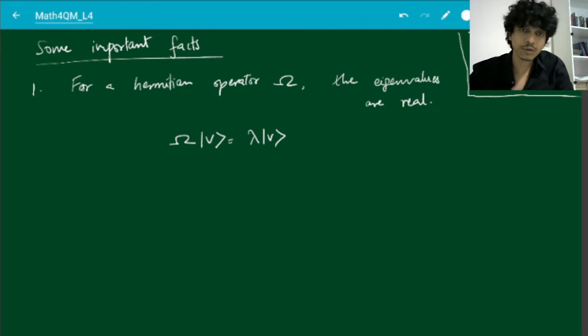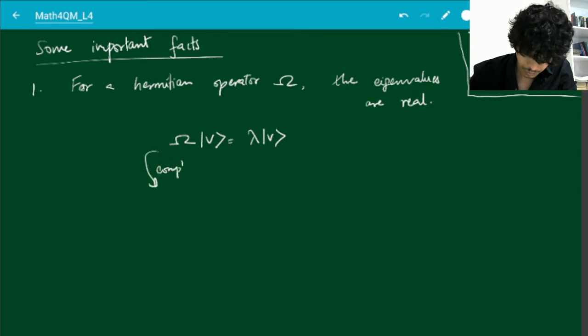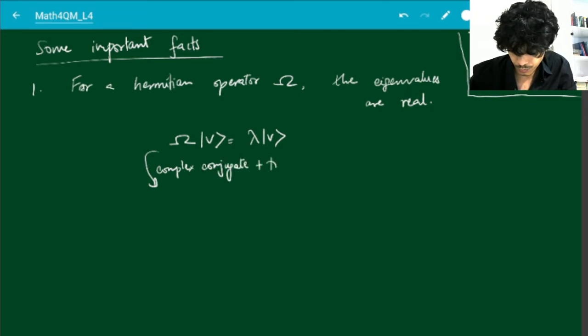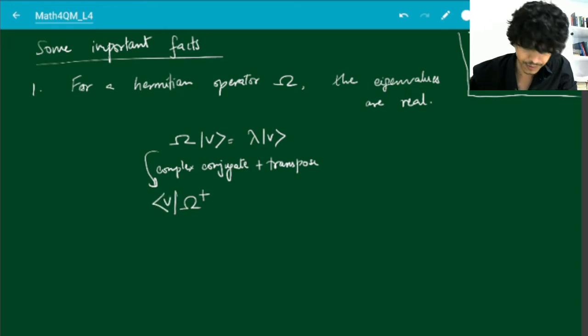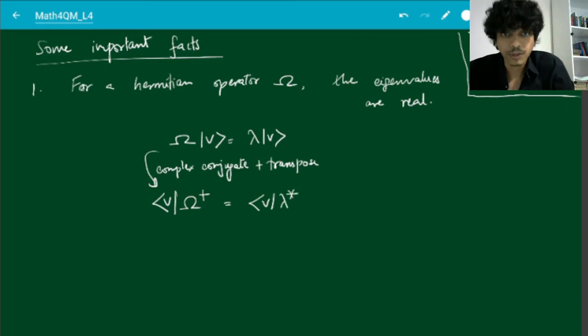If you took the complex conjugate and transpose of this equation, then you would get omega adjoint acting on the bra v, giving you bra v and complex conjugate lambda. We saw last time how to do the complex conjugate transpose, or adjoint, of an entire expression involving vectors, scalars,